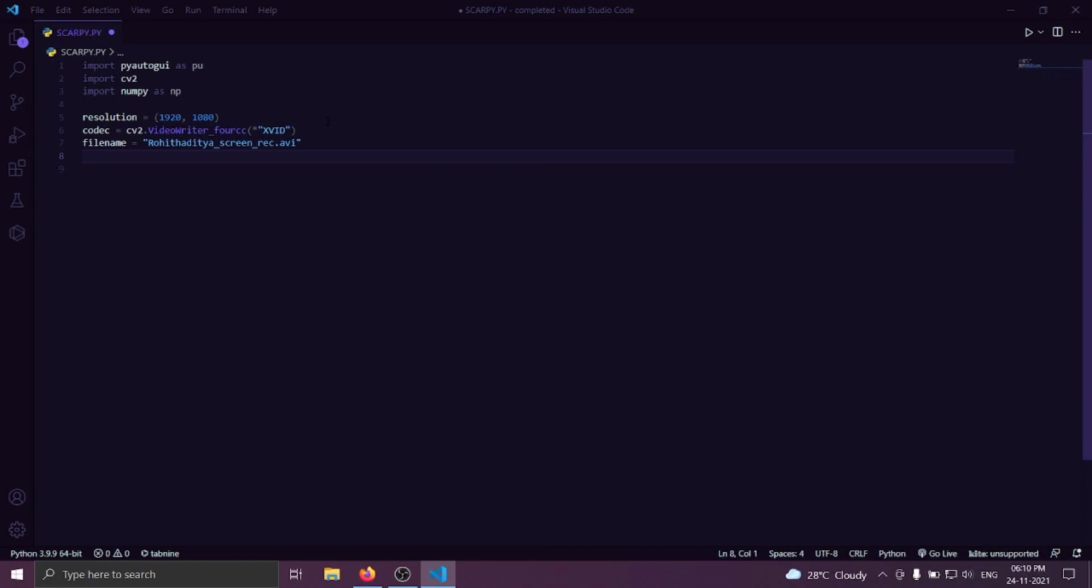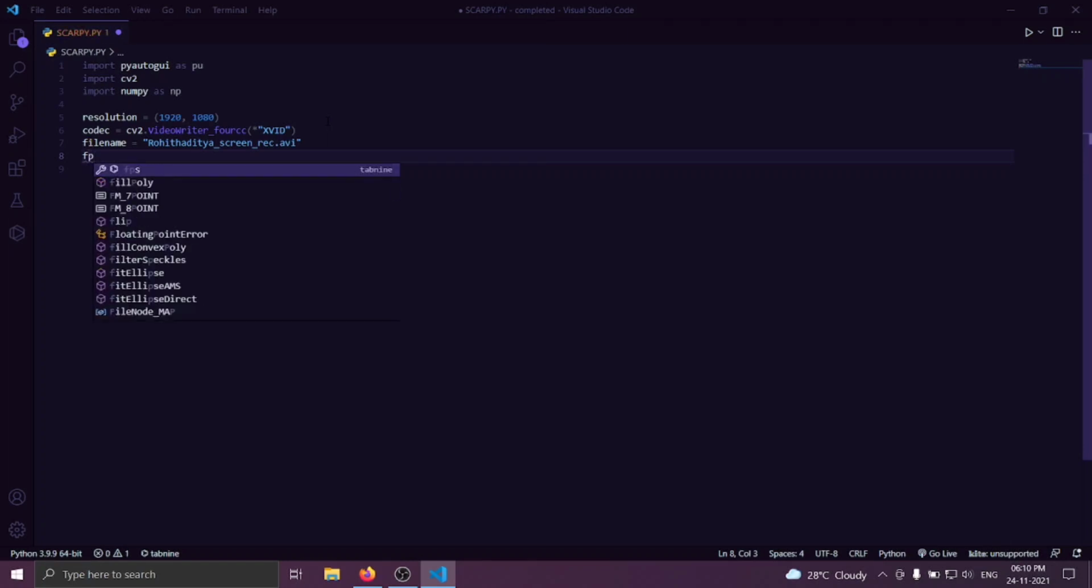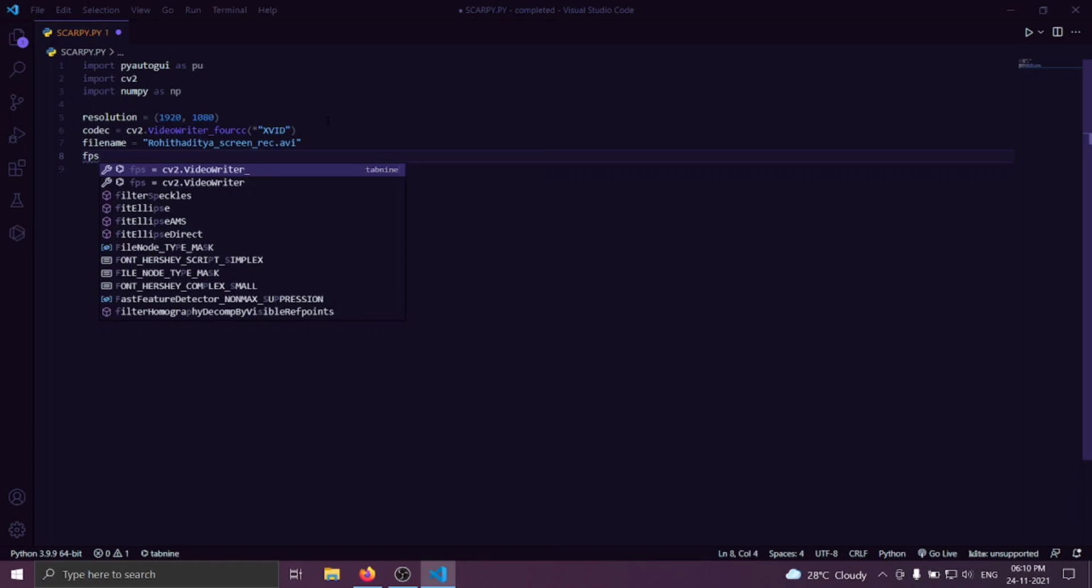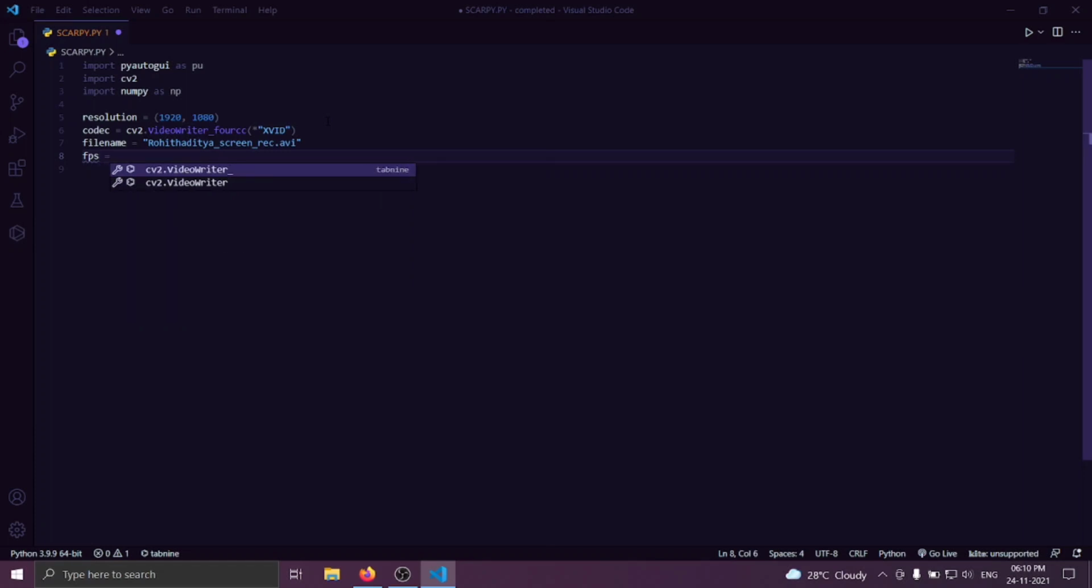Now what we are going to do is specify the FPS, that is frames per second, and that will be default. It's 60.0. Just give it as 60.0. Let it be default. Now what we need to do is create a new writer object, so